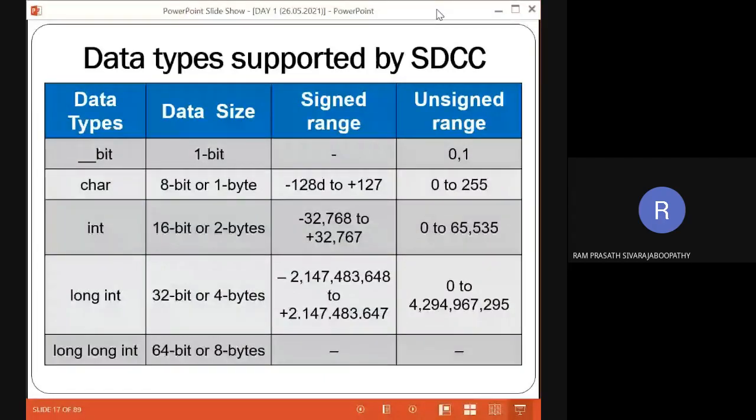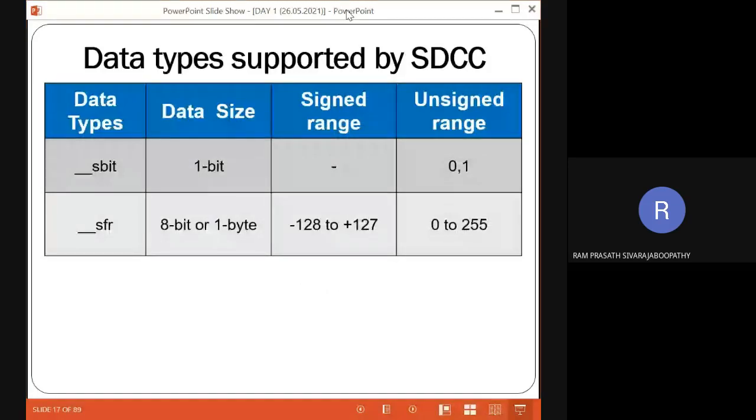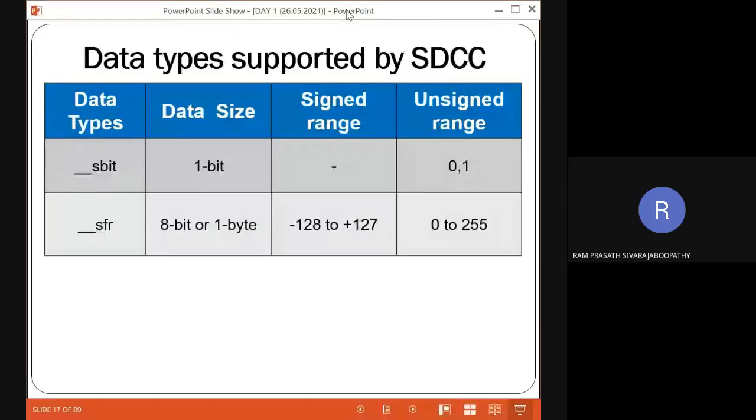Okay, fine. Then coming to double underscore sbit, here it stands for 1 bit only. So the value can be either 0 or 1. Then double underscore sfr, it's going to be 8 bit, minus 128 to plus 127 or 0 to 255. So these two data types are supported in embedded C, regarding the SDCC compiler. What it means, double underscore sbit and double underscore sfr mean